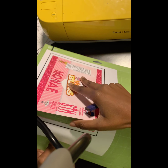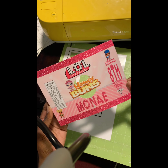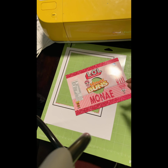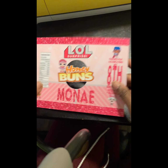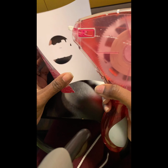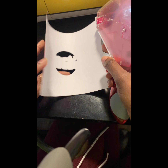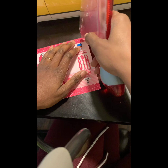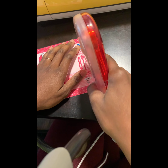So I'm gonna peel this back, and as you can see, we have our honey bun wrapper. Okay, so we have our wrapper. There's no one way to wrap them. It's just simple to me. I usually use a hot glue gun, but since I don't have it warmed up, I'm going to use this. This works pretty well. It's just sometimes I find that this doesn't hold as well as I would like it